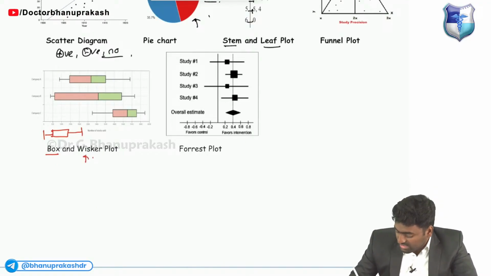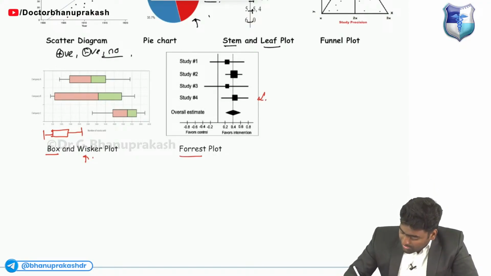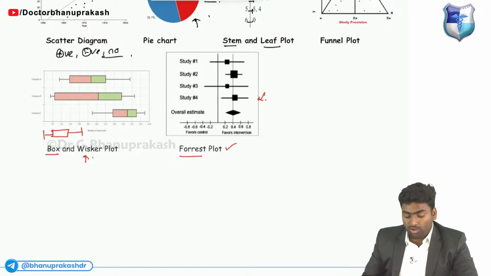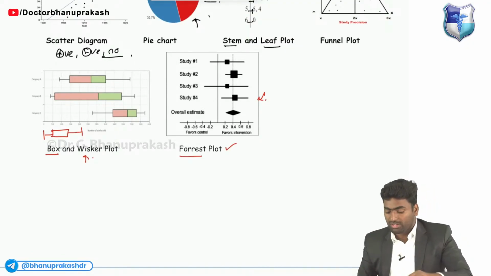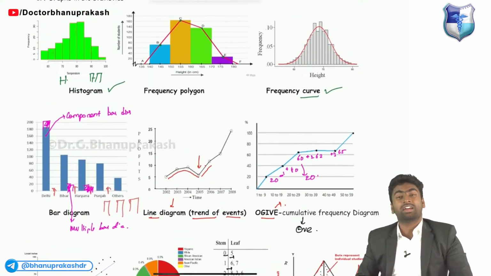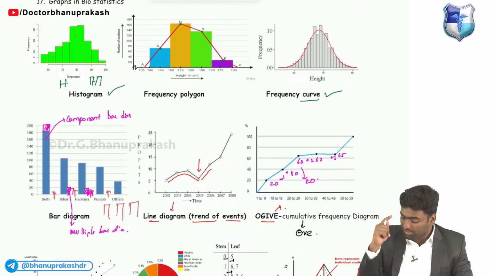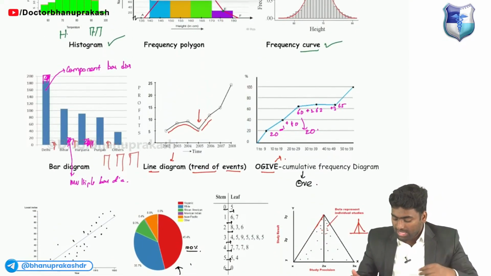Fine. And next, for systematic review and meta-analysis, we'll use this type of plot, which is known as the forest plot. So remember, it is the forest plot and the rest of the plots. For example, histogram, remember. Then if it is drawing lines, it is the frequency polygon. If we are drawing a curve, it is this frequency curve, followed by the bar diagram, and in the line diagram